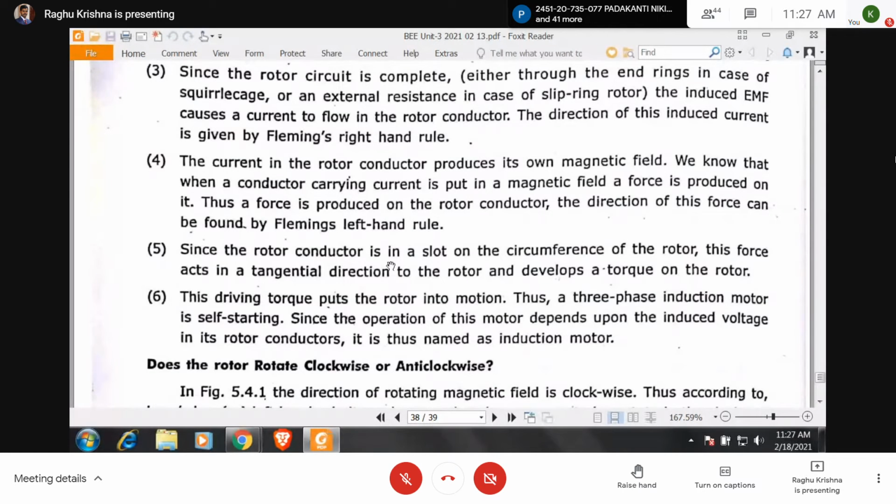Since the rotor conductor is in a slot on the circumference of the rotor, this force acts in a tangential direction to the rotor and develops a torque on the rotor. So this driving torque puts the rotor